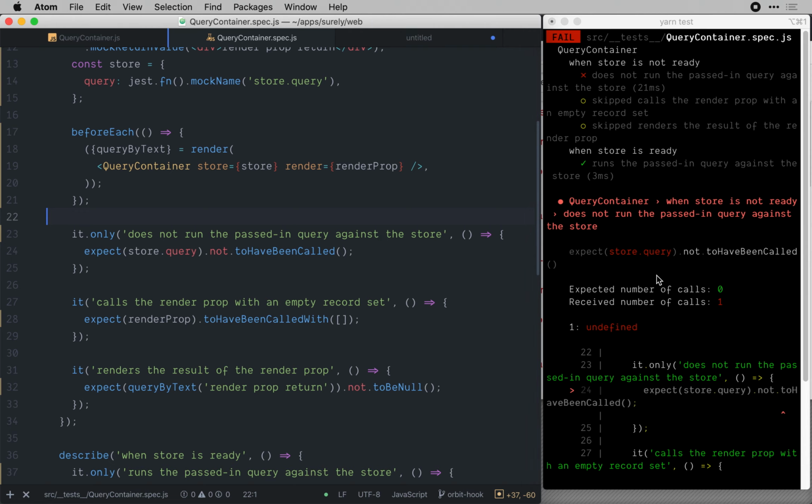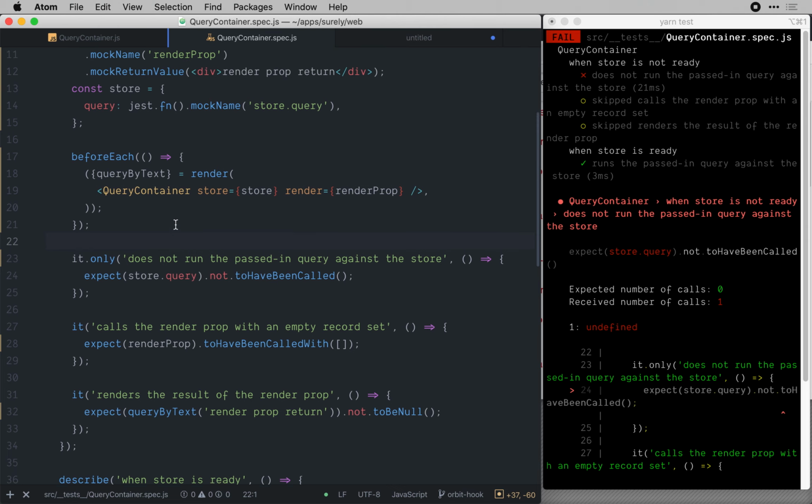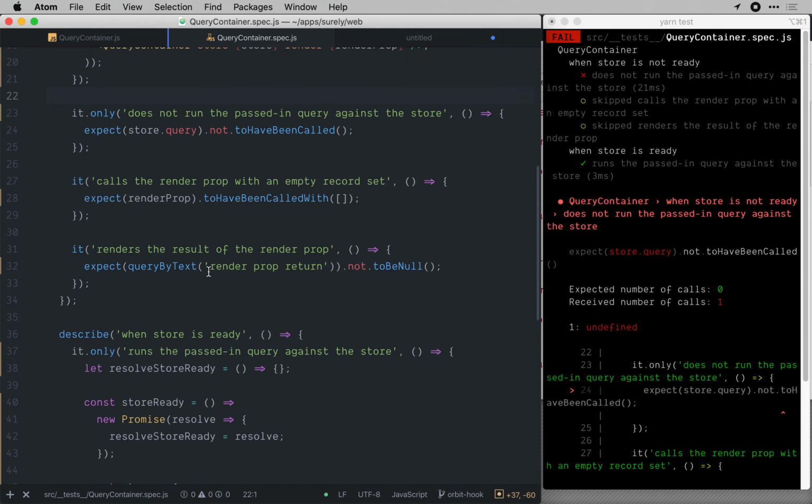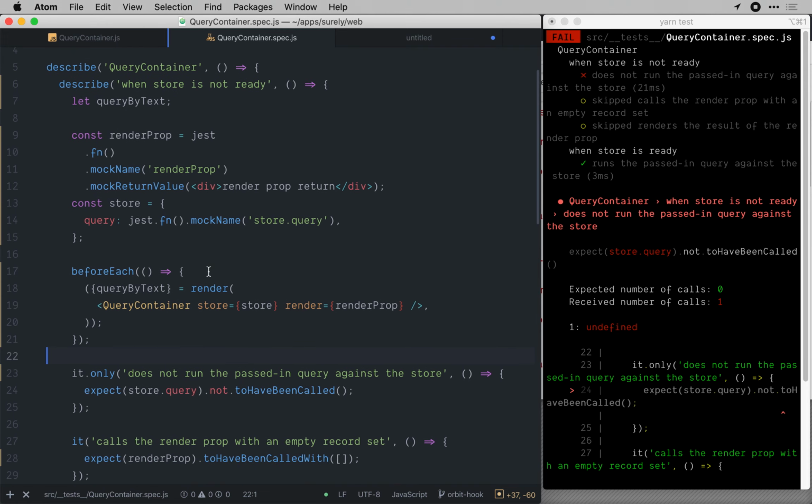In this case, we expect store query not to have been called, but it was called one time because it's not conditional based on the store ready function. So now we can pass that over there. And let's do it this way. We could say